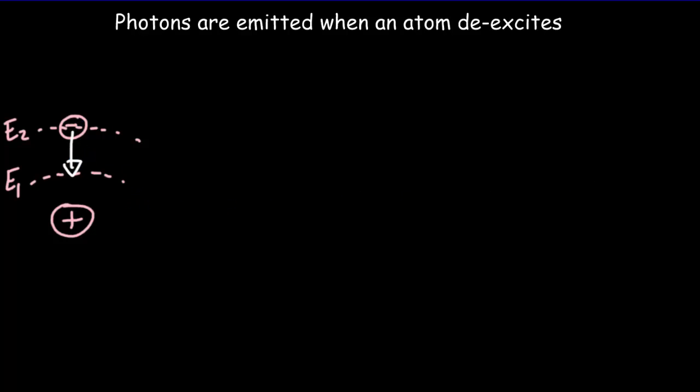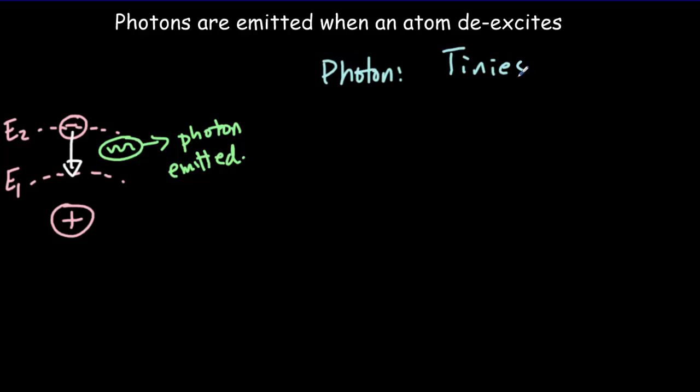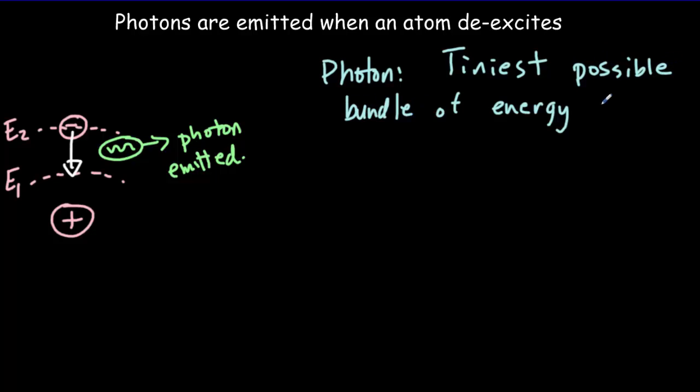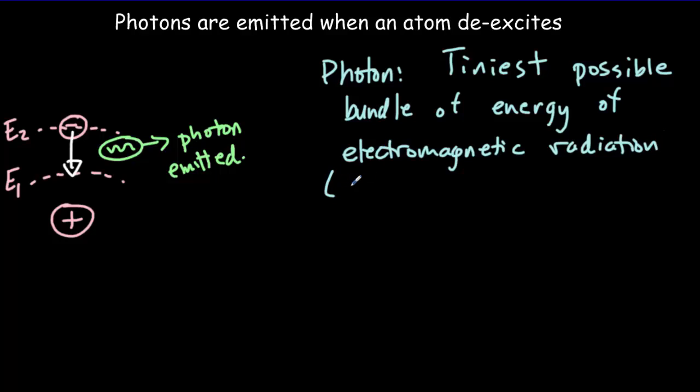And when it falls back to the ground state, something called a photon is emitted. So we're conserving energy here. That energy that we input comes out as photon energy. And what is a photon? It's the tiniest possible bundle of energy of electromagnetic radiation. You might hear it being called a quanta, or you might hear it called a particle